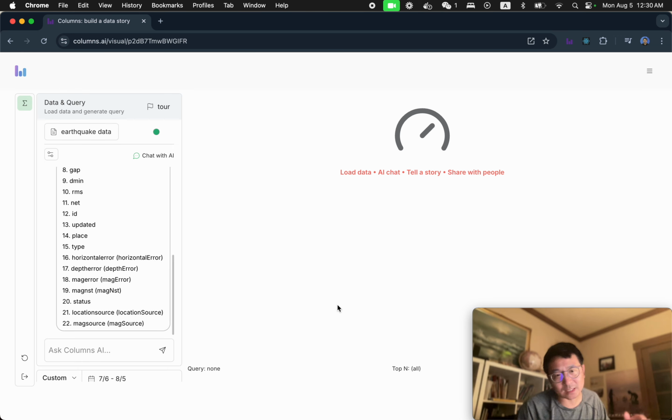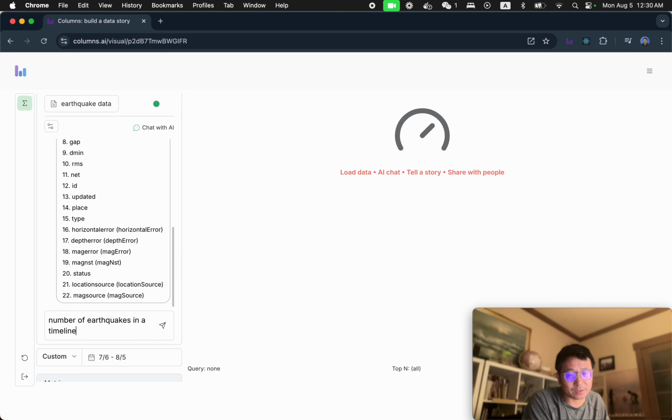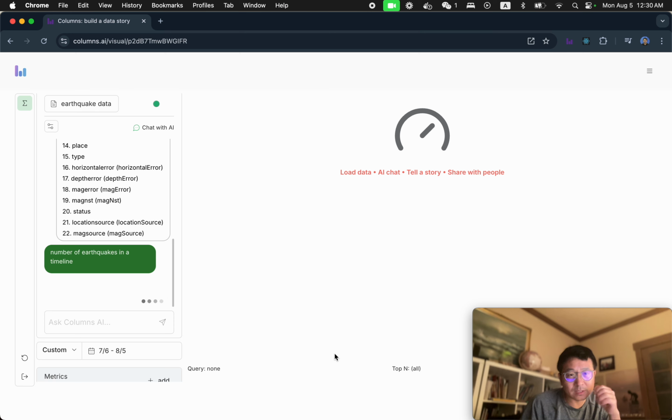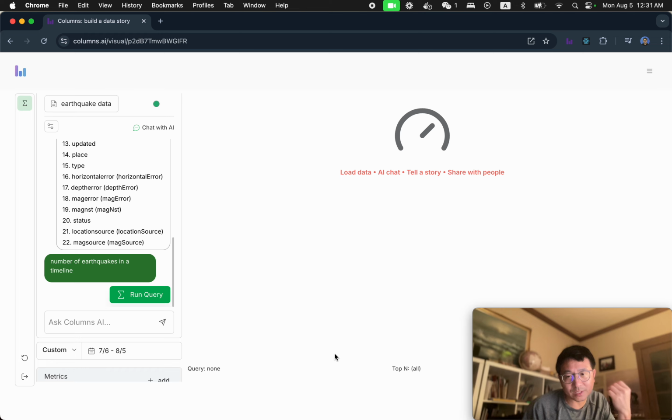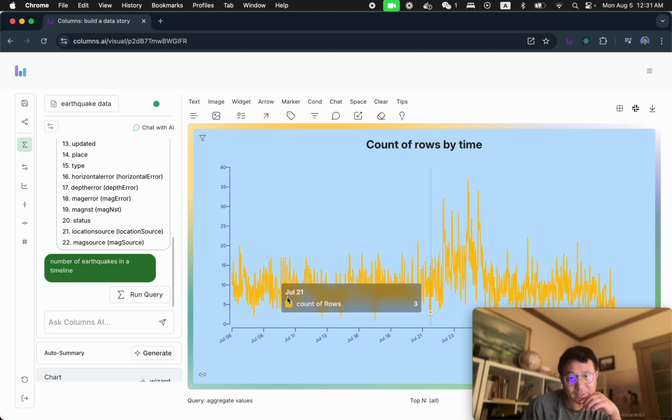For example, I want to understand, in the last, this is basically the whole month's data because I pulled it right now. So it's August 8th, August 5th. I just want to see the timeline of what the number of earthquakes looks like. So we can do this: number of earthquakes in a timeline for me. Okay, I want to see a timeline. So hopefully this question will allow AI to give me a query which I can analyze, counting time by time. As you can see, I click this, I can get this kind of